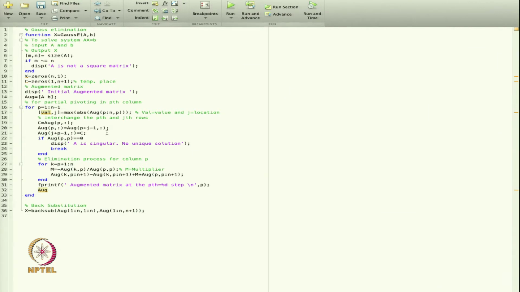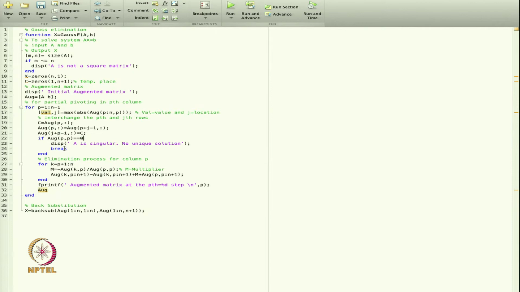Now I check if the augmented value pp, meaning 1 1, is 0, then I will say that this matrix is singular and no unique solution exists. You know that I am reducing it to an upper triangular matrix, and if somewhere in the upper triangular matrix a diagonal element becomes 0, then the matrix is singular, there is no solution, and it will break.